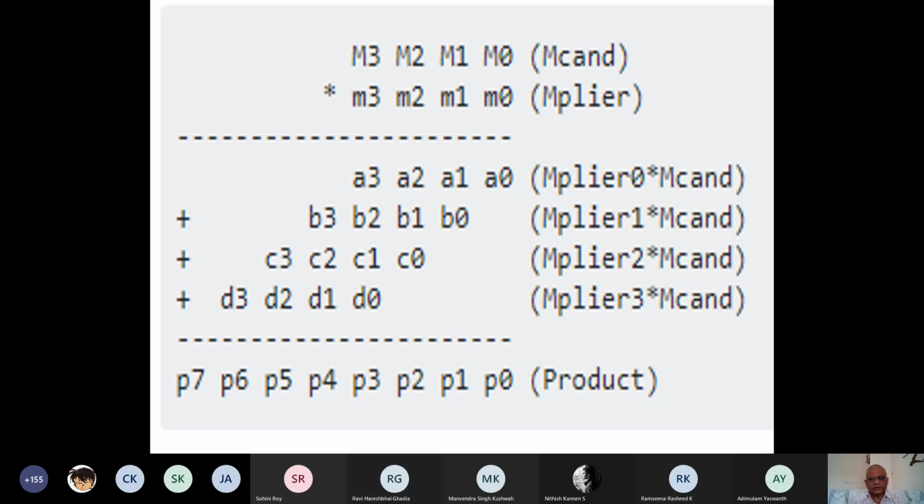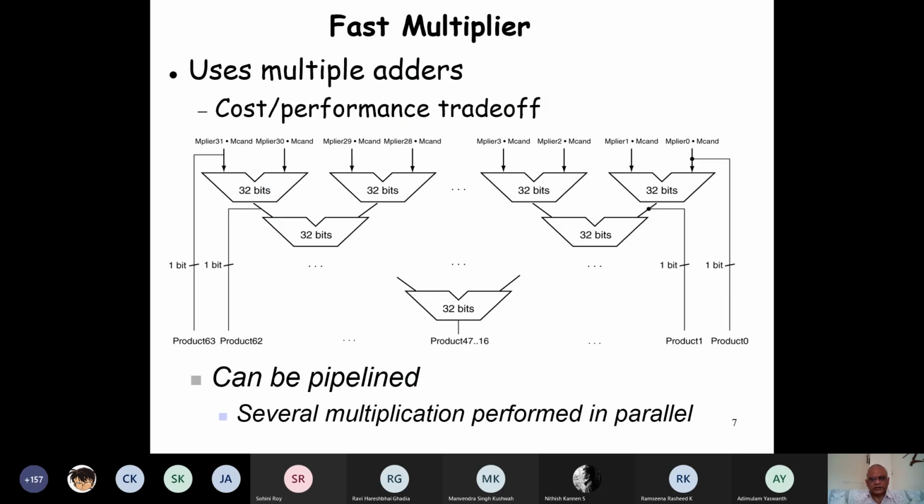Yes, sir. If that is the question, then see here, for all of these we are ignoring the least significant bit and putting 0 here so that we can do it in hardware. It is not shown here, but that small arrangement can be done right here. We don't need any shift registers. Small arrangements are done that take out the product 0 and put a 0 on the most significant bit and so on. That small manipulation we have done without showing it here, as it would be difficult to show. But we don't need any shift registers.